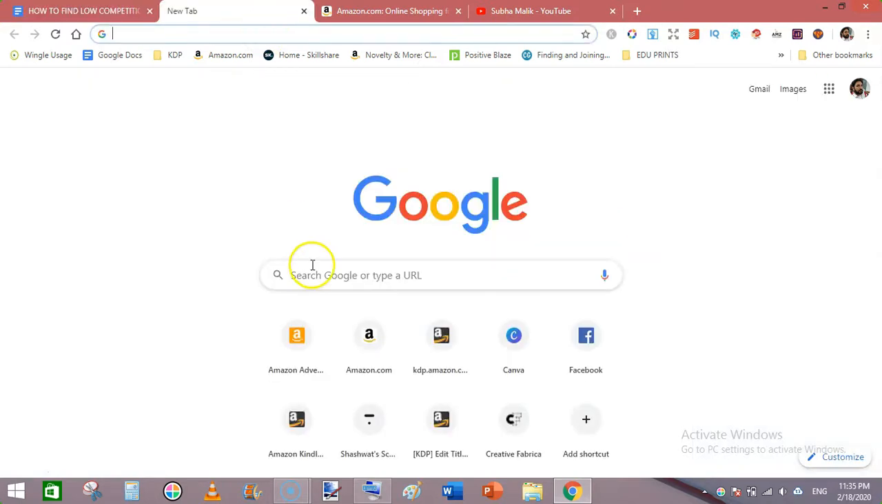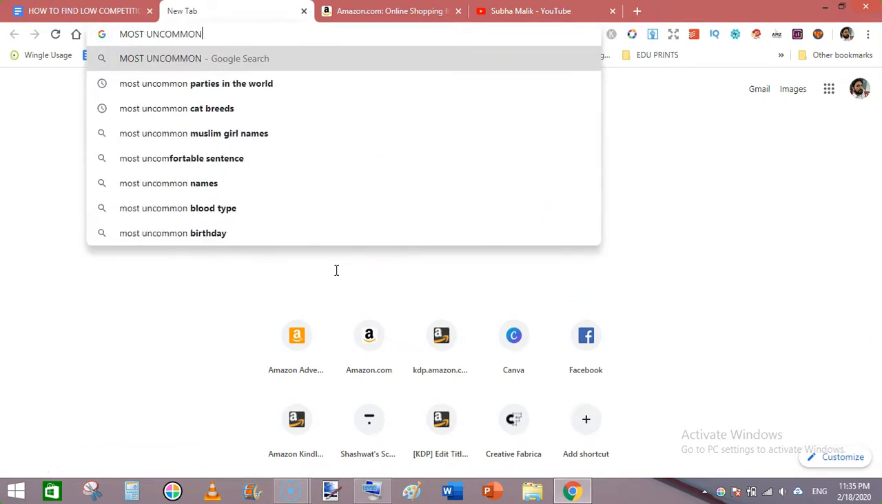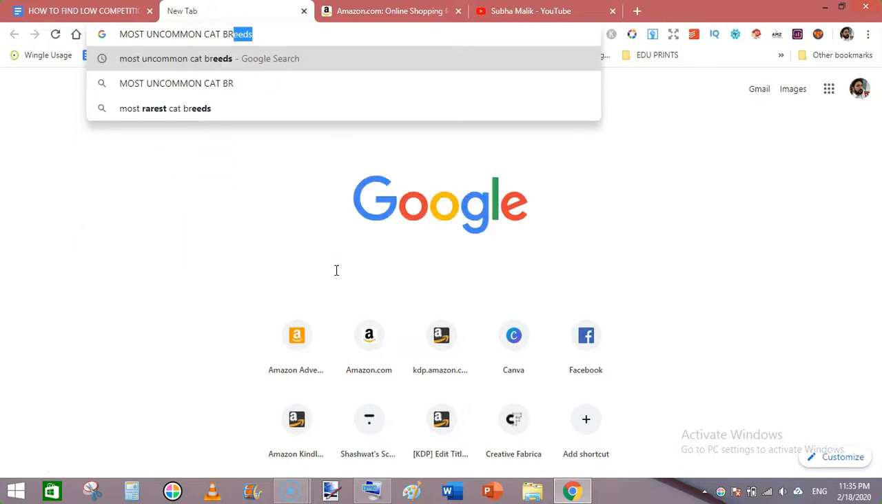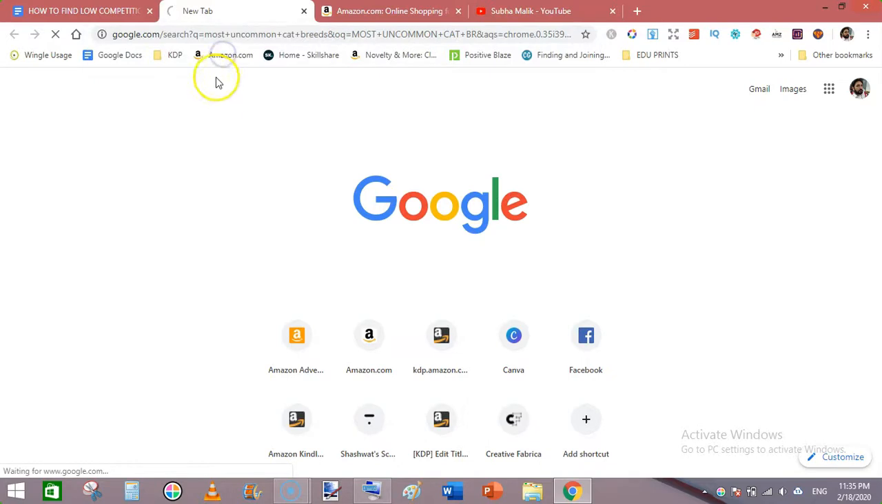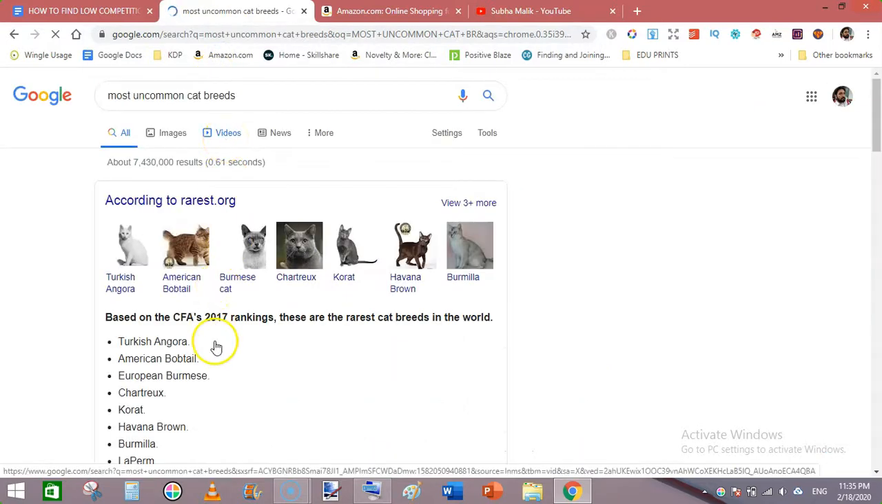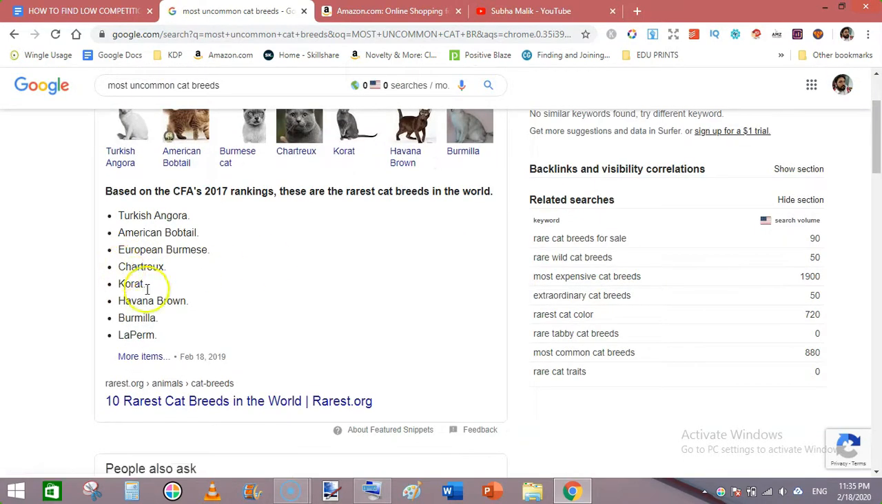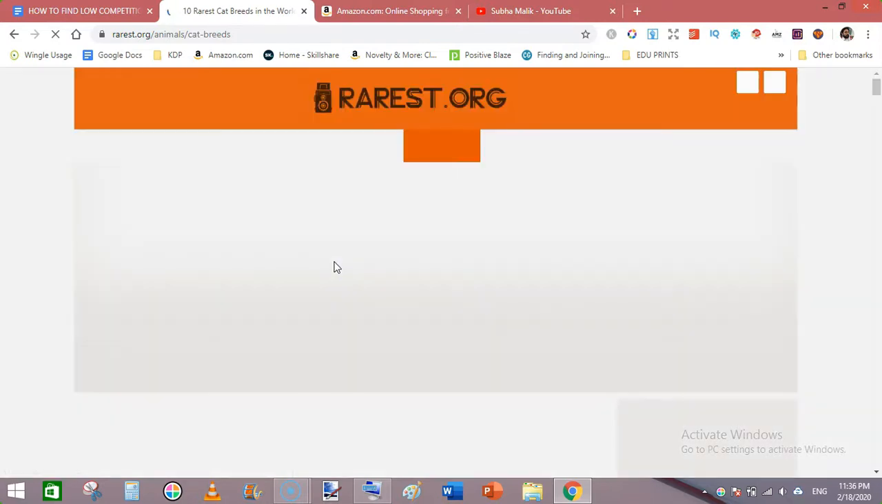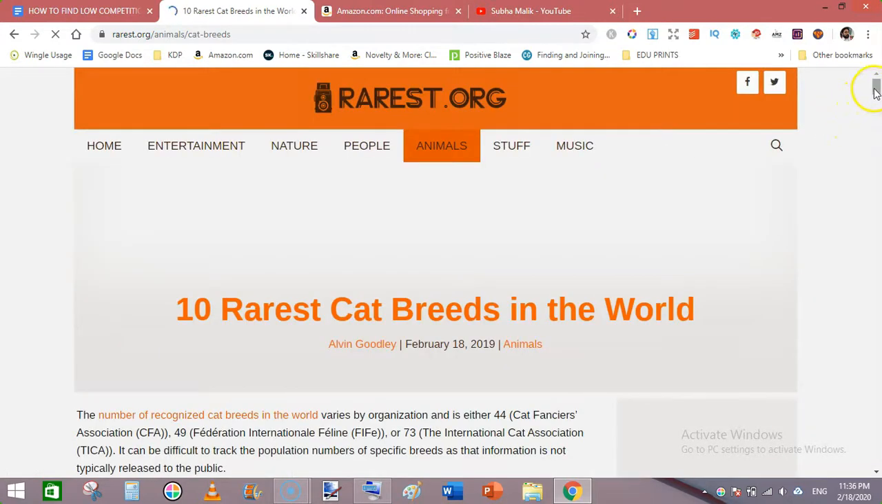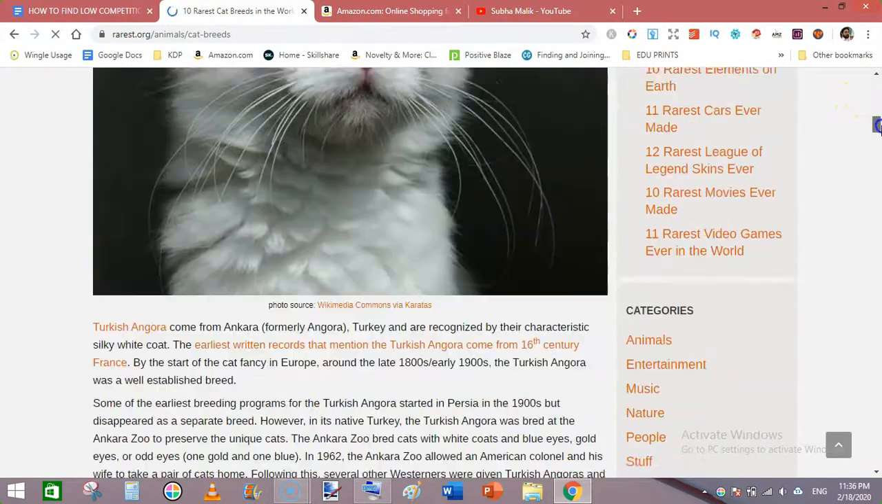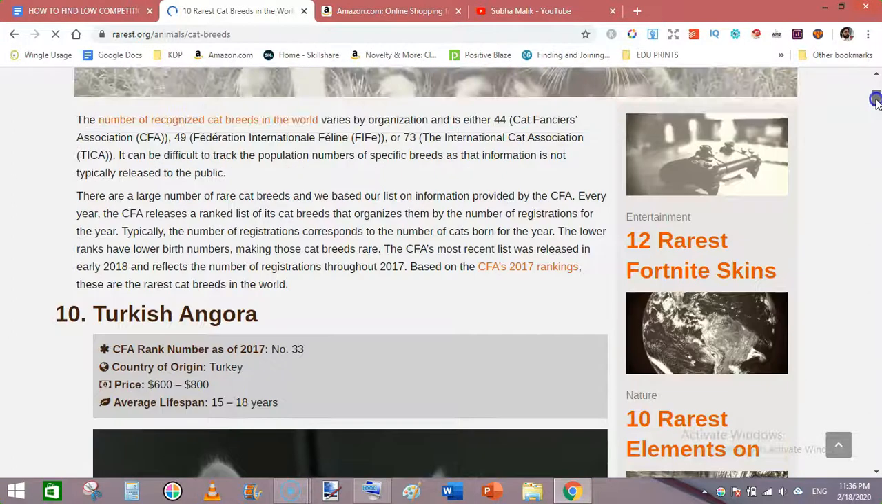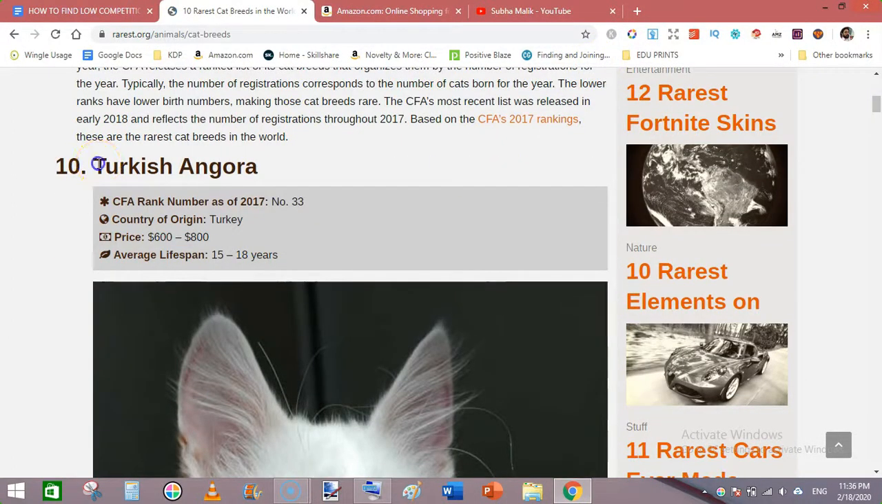Just go to Google search and type most uncommon cat breeds. We are going to find niches that are not common. These are some cat breeds. You can open this link in a new tab or in the same tab if you feel like that, and just scroll down and see the names of these breeds. Then copy this